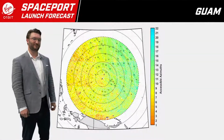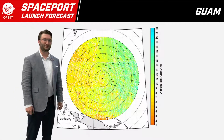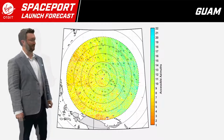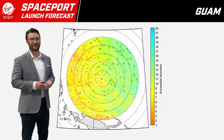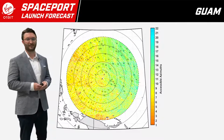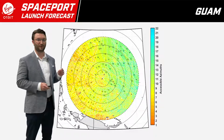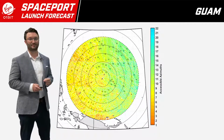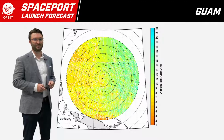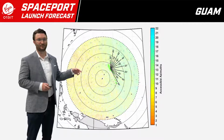So next we have Guam, Virgin Orbit's selection for mid-inclination and low-inclination launch out over the Pacific. Guam would have a high degree of access to just about any inclination purely by the fact that it's not near any downrange populations. But what the tool is showing here is exactly what regions are best to access the most inclinations. So here within 300 nautical miles, we show a sweep of access between 20 degrees all the way